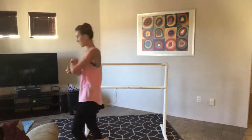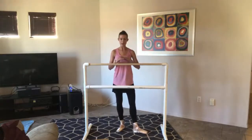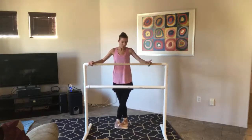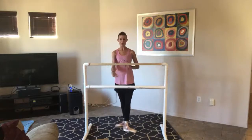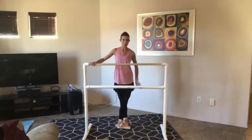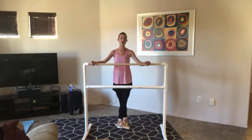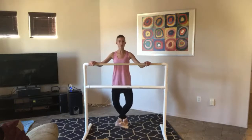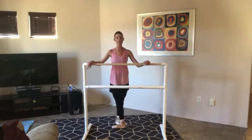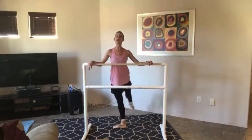Now we're going to do some échappés and dégagés. So picking things up here. Okay, so we start fifth. We have four dégagés first, and really using that foot in the pointe shoe to work brushing that pointe shoe against the floor, not just going from flex to point, but really using the floor to brush and peel your foot off for all these dégagés. All right, so we have four dégagés, and one, and two, and three, and four. Échappé in fourth, échappé second, to the side. Four dégagés, three, plié four, and out, to the back. And four dégagés,